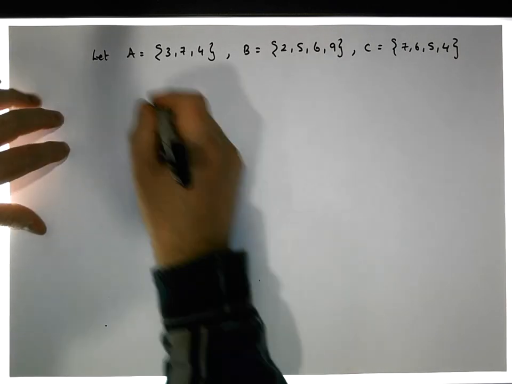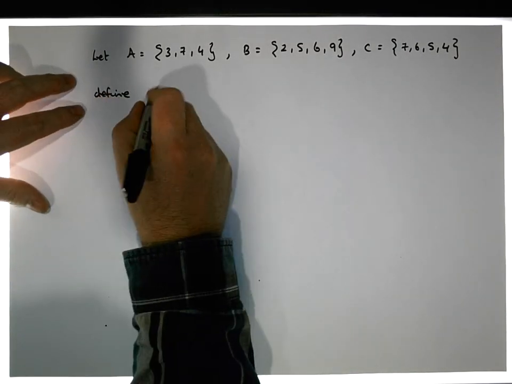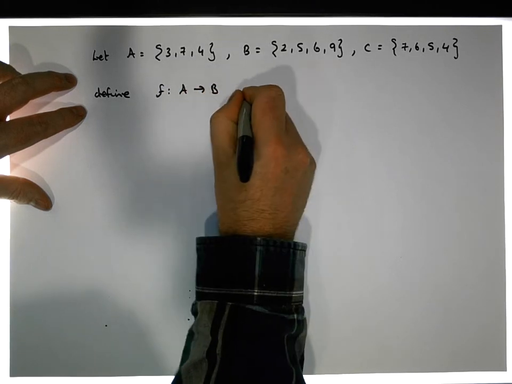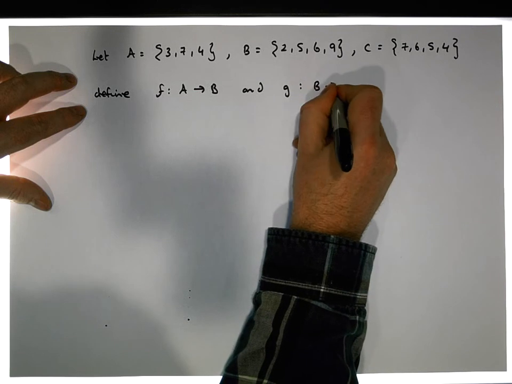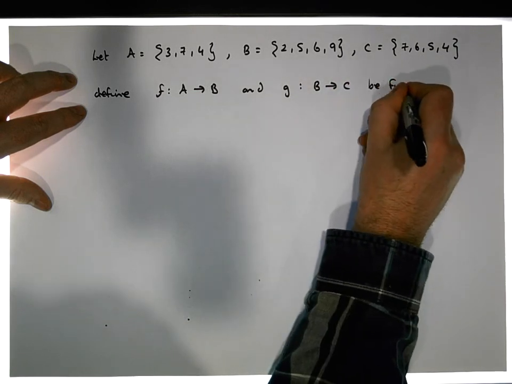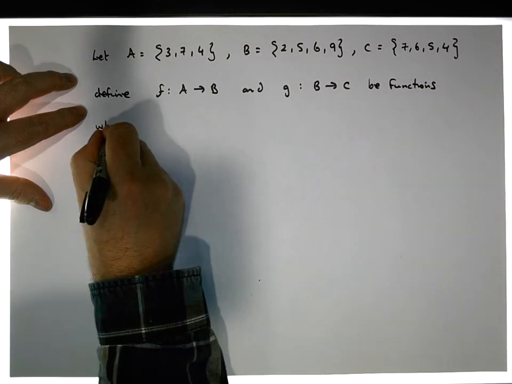And let's define f to be a mapping from A into B, and G to be a mapping from B into C. Let them be functions, where they are defined, where they